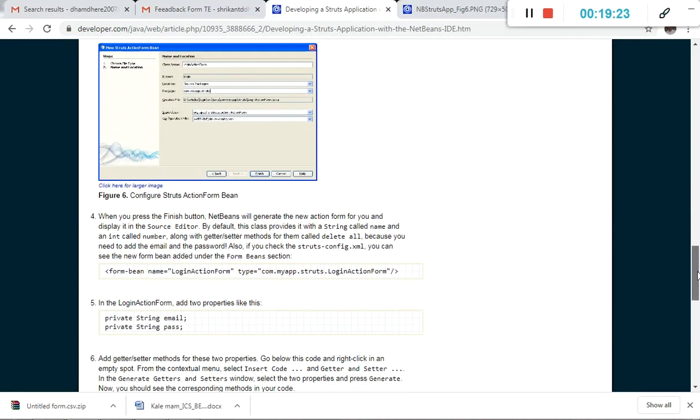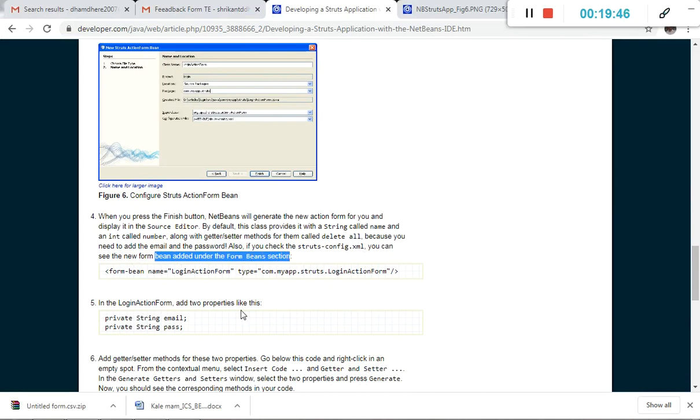Next step, that means when you press the finish button and it generates a new action form and displays the source, it automatically generates one file, that is the LoginActionForm.java file. Then if you check the struts-config.xml, you can see the new form bean added under the form bean section, right?